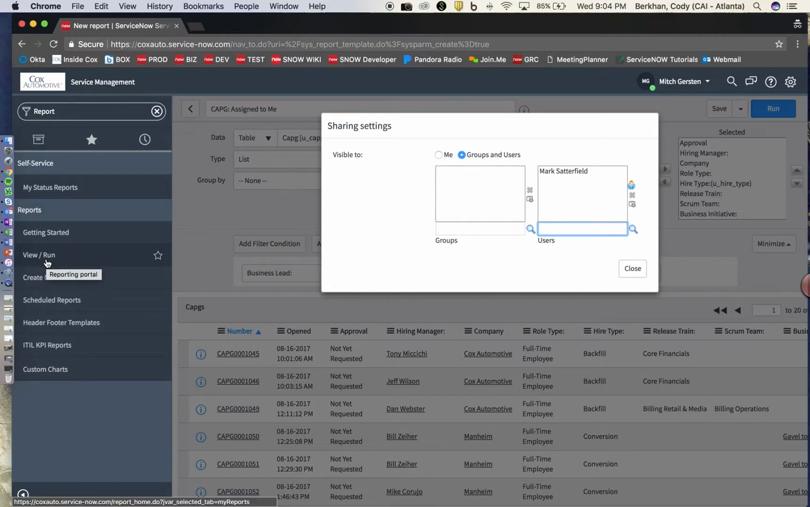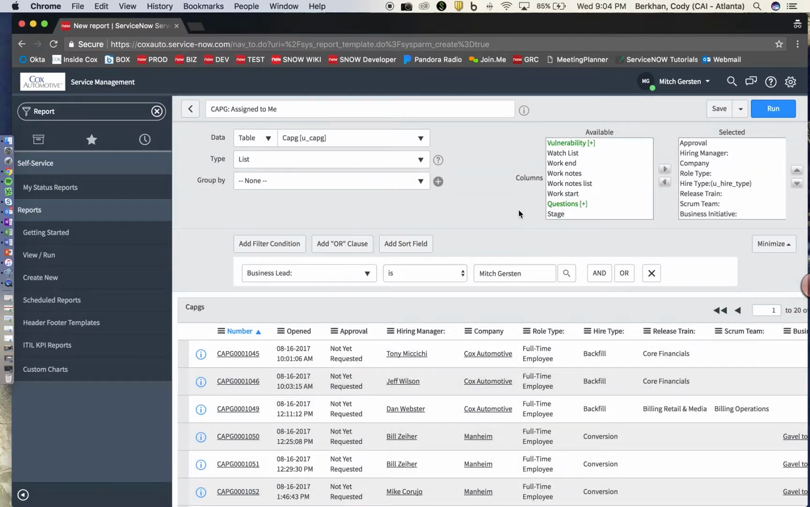He can add the report to his dashboards. He can export the report. He can do all the same stuff that you can do because you're sharing the report with him. Now we're going to take Mark off of here, close out, and that concludes the tutorial on how to access the applications and modules of the CAPG process,